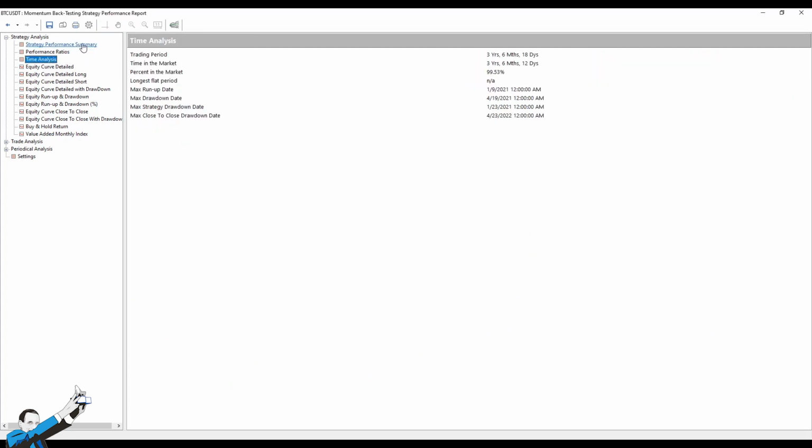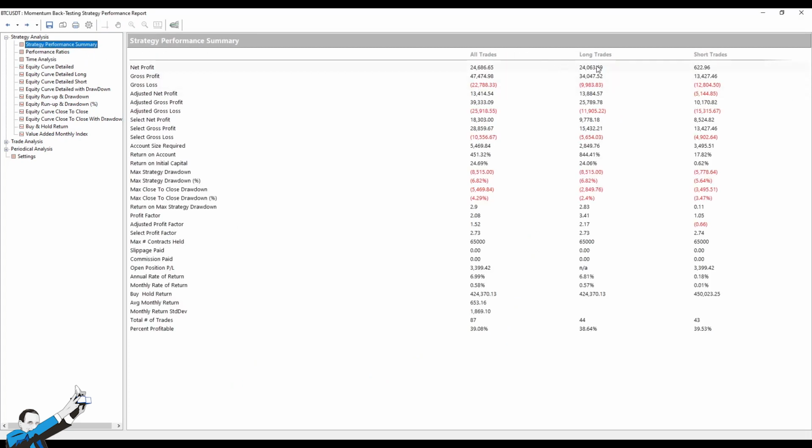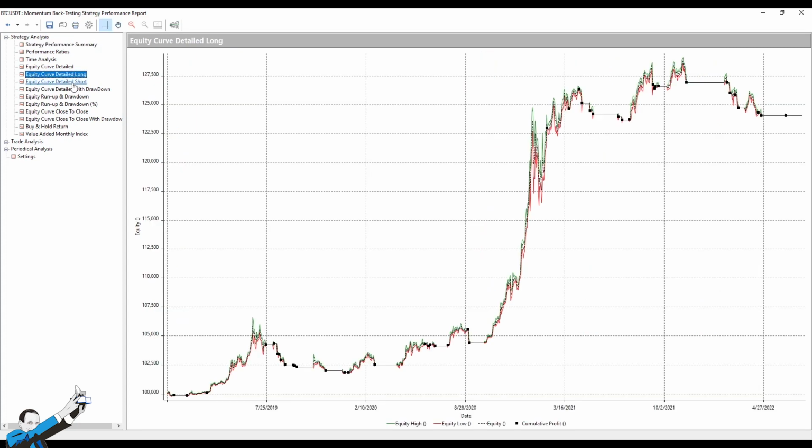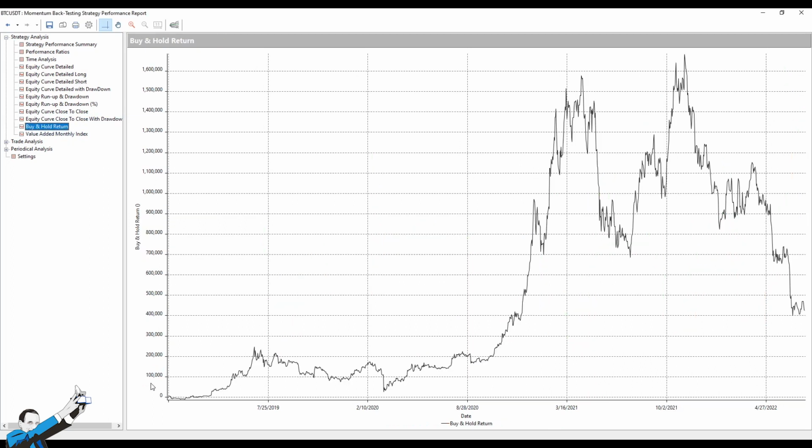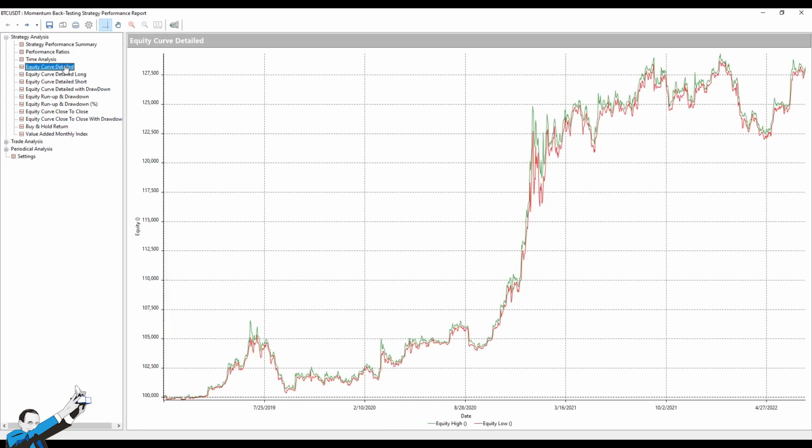And we can see that the profit comes mainly from the long component, while the short component breaks even. Let's also take a look at the equity line. It's the long trades equity line, and this is the short trades equity line. And these are the results. They depend on the long-term trend in Bitcoin, which has been very bullish. So it is normal that the long trades equity line is better than the short trades equity line.